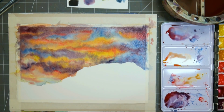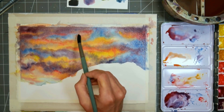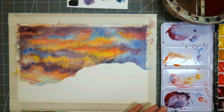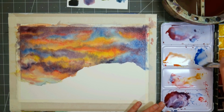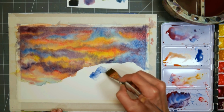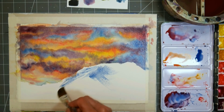All right, let's let this dry and then we'll come back and finish her up. First, I'm gonna blot that. Seriously though, walk away from your painting, let it dry. Actually though, before it dries, I'm glad I caught this. I mean, you could let it dry and come back and do this, but I think it'll be just a little bit more efficient. Take some of the cerulean blue, a little bit of that purpley mix, or just a smidgen of red so you can make that purple. And then just kind of give your mountains a little bit of a base coat in here of that. You can leave some white showing, but you're going to want to get some